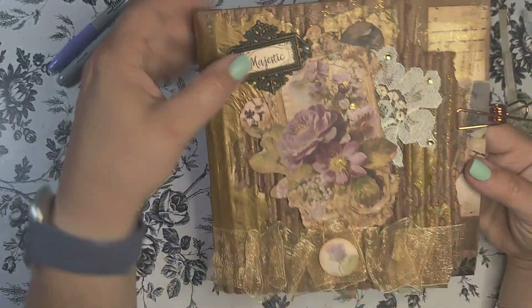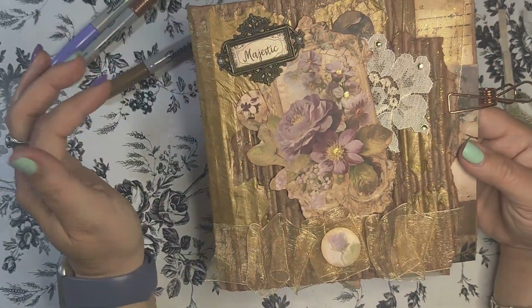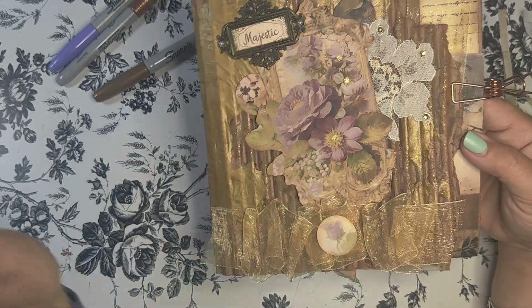I'm glad we put this up here. This was supposed to be here, totally forgot about it. I'm laying it out and I was like, oh, I knew I'd forget. But you know what? I put it up in this corner and it just fell in place. It was beautiful. I did try spraying this with that